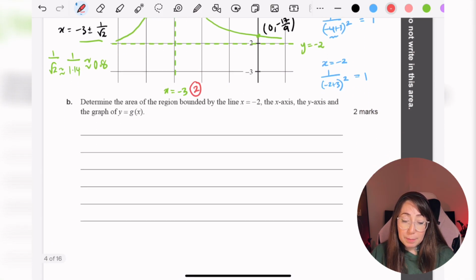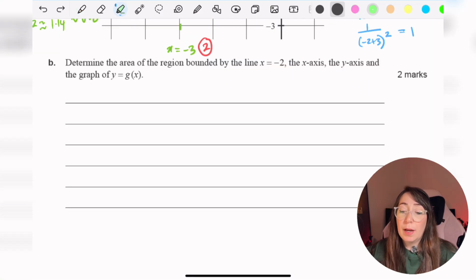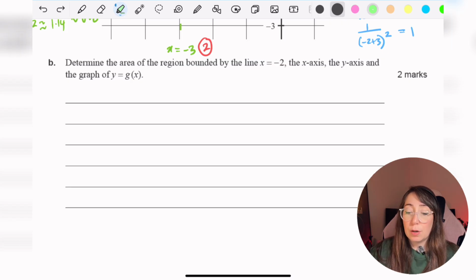Let's move on to part B. Determine the area of the region bounded by the line x equals -2, the x-axis, the y-axis, and the graph y equals g of x. So let's start off by talking about the instructions. So we need to find the area between the line x equals -2, the x-axis, the y-axis, and the graph